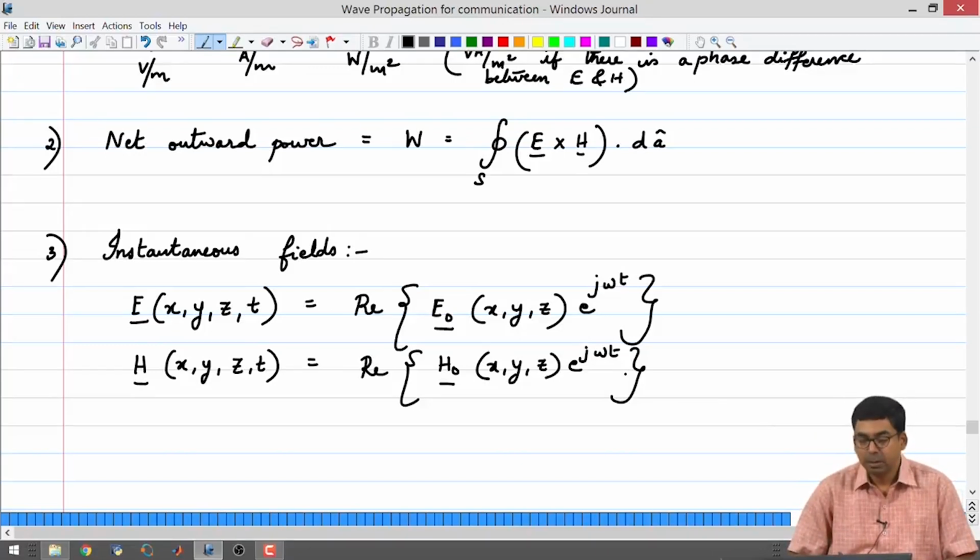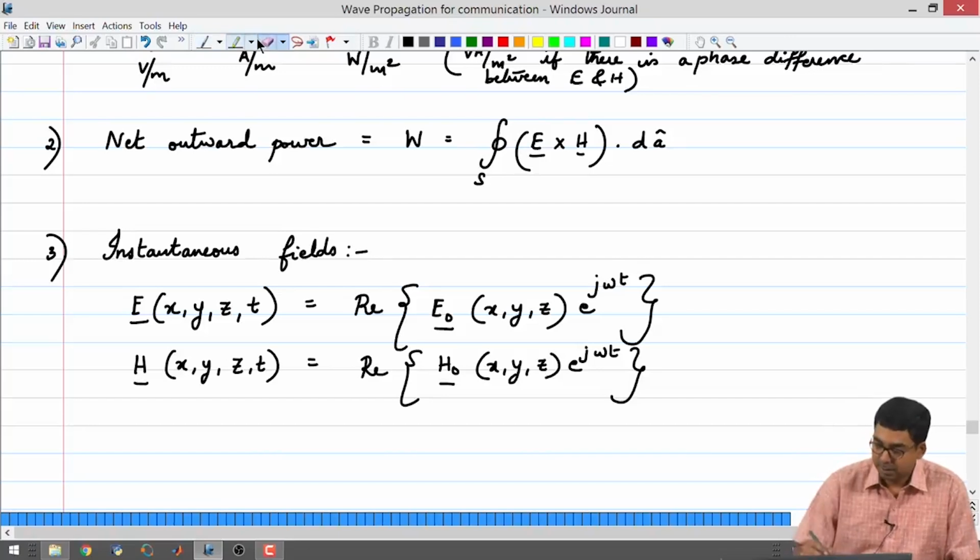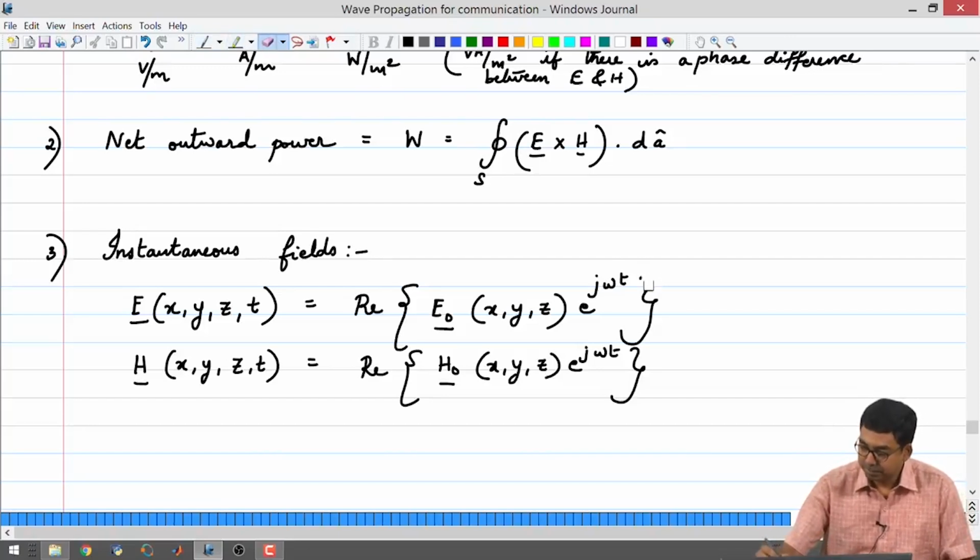Okay. This is a starting point for the analysis, but we can make this even more generic. Right now we have included all the space variables and the time variable. We can also make it a little bit more generic. The little bit more generic part comes from including the phase difference between E and H. So, it is possible for you to have a phase difference between E and H, alright. So, we can now take a case where we would say that